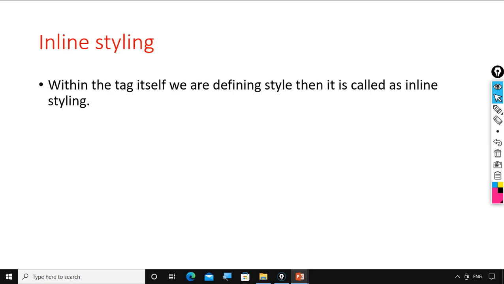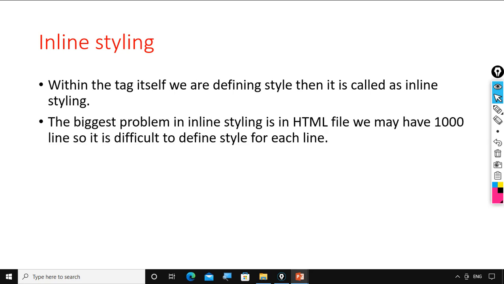Let me revise once again. Within the tag itself, if we are defining style, then it is called inline styling. Now the biggest problem in inline styling is, in an HTML file we may have 1000 lines, so it is difficult to define style for each line.